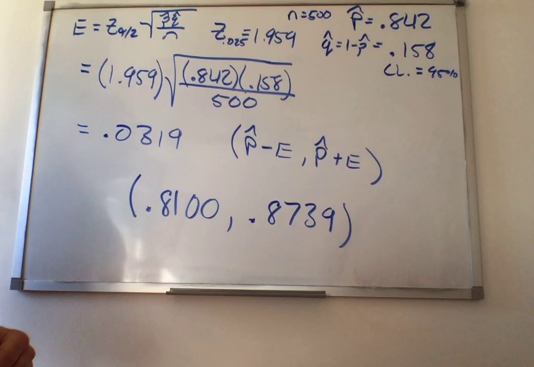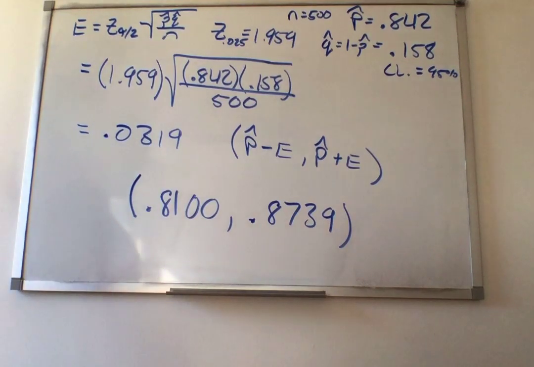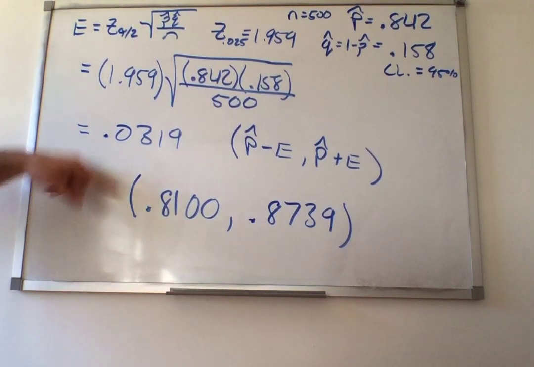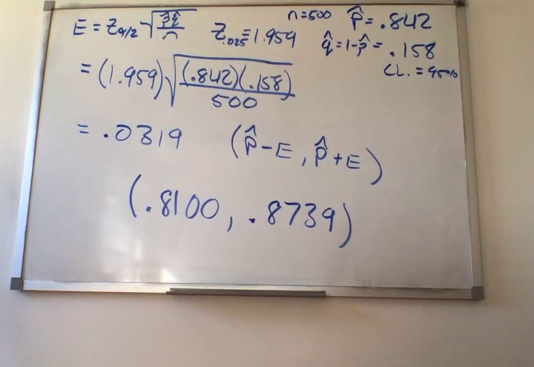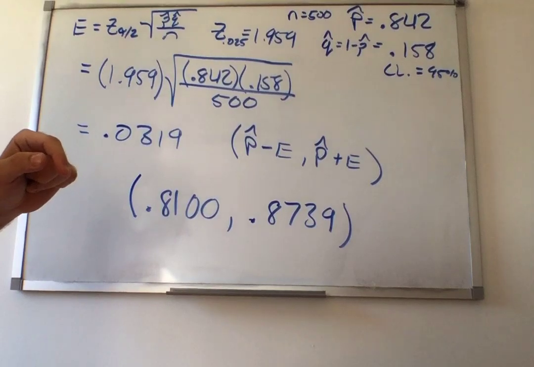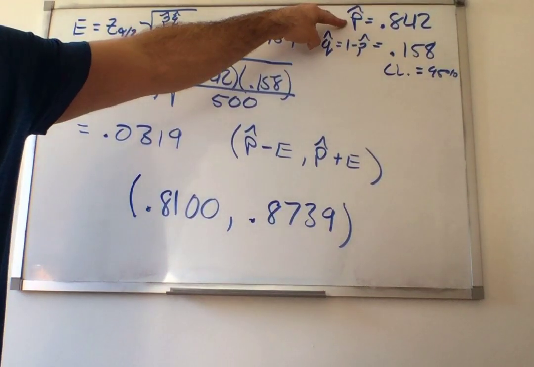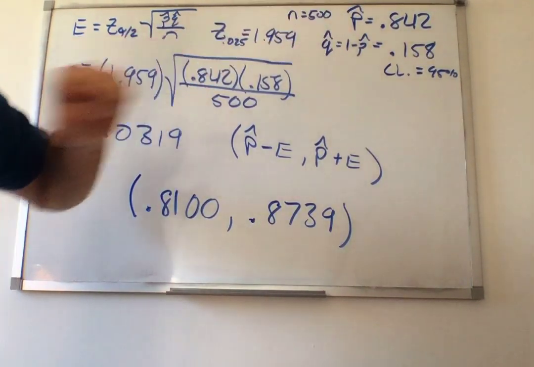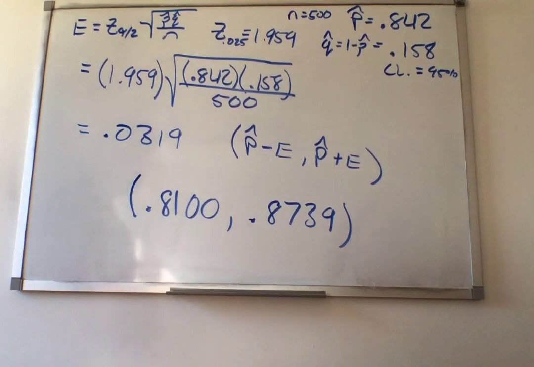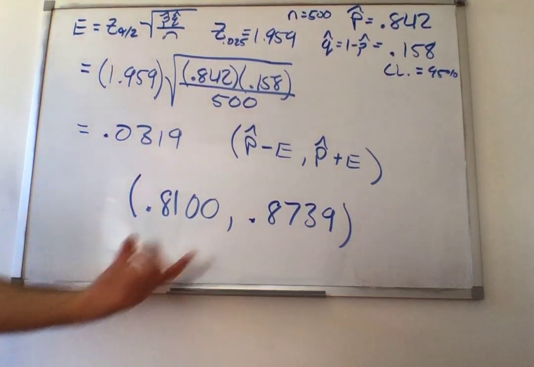Now, if we were to keep on taking samples of 500 people, and we were to keep calculating confidence intervals in the same process, using the same confidence level every time, the point estimate's going to change, but that's okay. So then the error will change, so our confidence intervals are going to change. But if we keep doing this over and over, we're going to get a long list